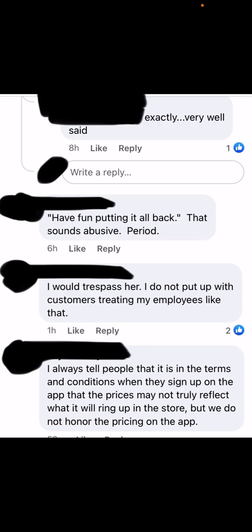Exactly. Very well said. Have fun putting it all back, in quotations. That sounds abusive, period. I would trespass her. I do not put up with customers treating my employees like that. I know that's right. That's what I just said. You're going to get trespassed, and then where are you going to penny shop? Because that store is going to tell the next store and every store in that district about you. Like, don't do that. I always tell people that it is in the terms and conditions when they sign up